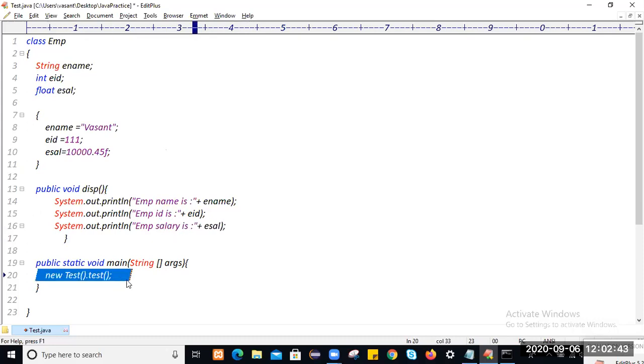The moment you create the employee object, on that employee object we call this method.